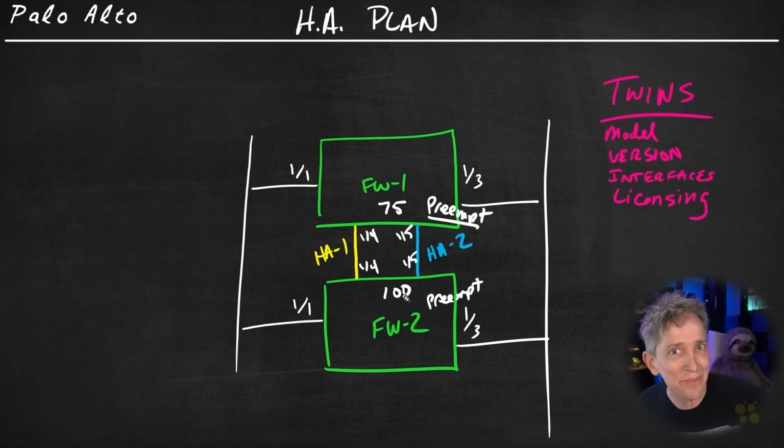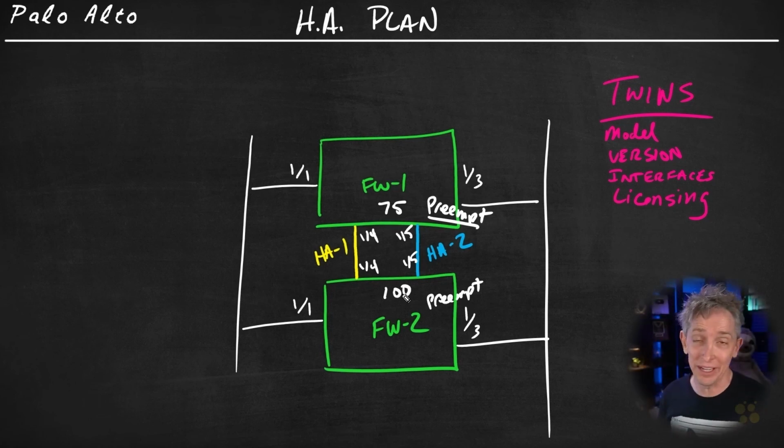So with that plan in place, what you and I get to do in the next video is make it happen. So I'll walk you through the steps of implementing active-passive HA on 2 Palo Alto firewalls in the next